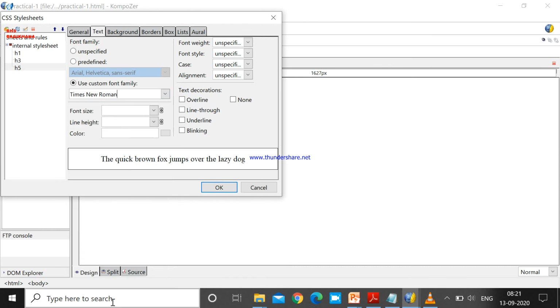I want my content in Times New Roman, so select it. The font is always in normal mode. Font style is italic, it is capitalized, meaning each and every sentence starts with a capital letter. Alignment is justified. After setting all the properties regarding my H5, click on OK.